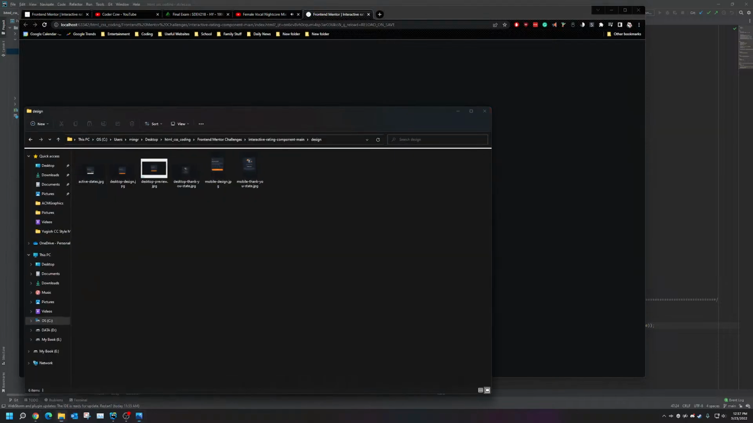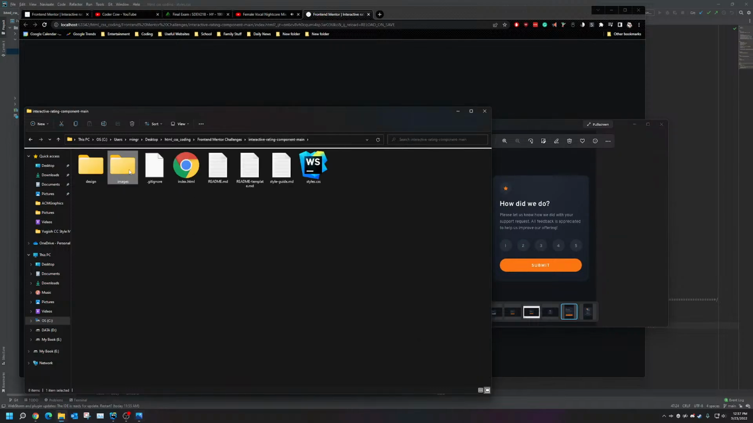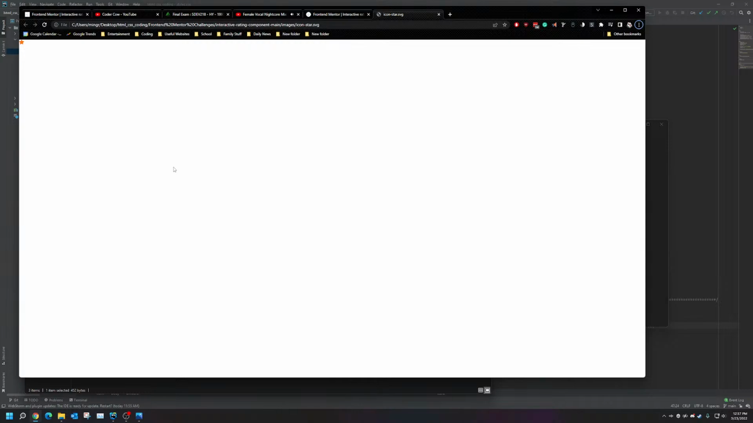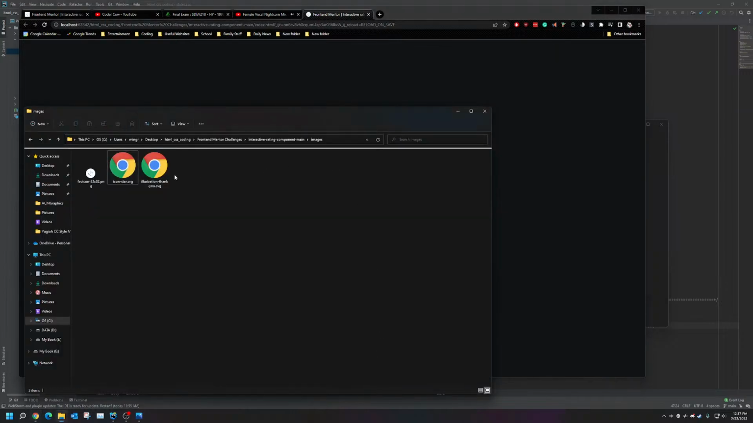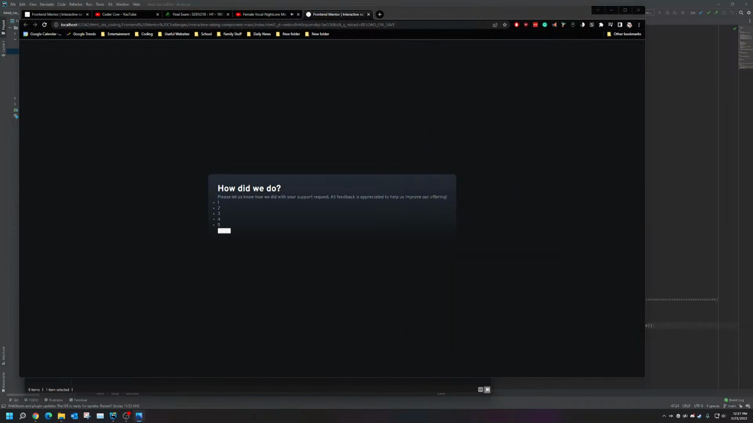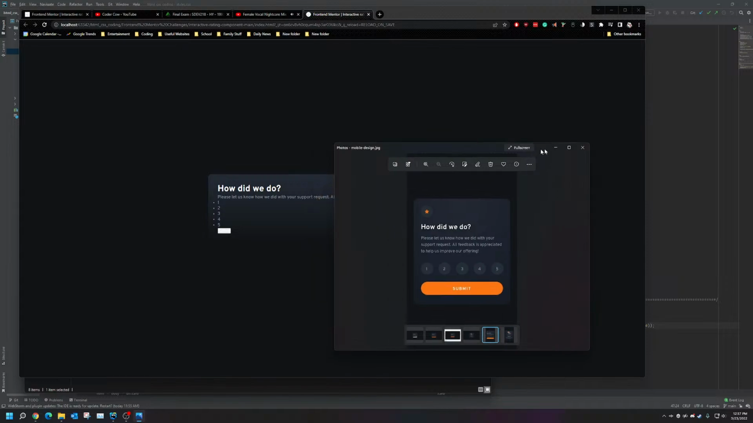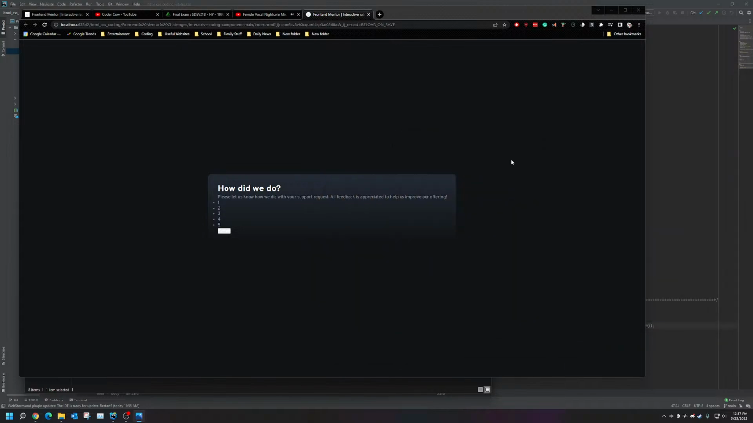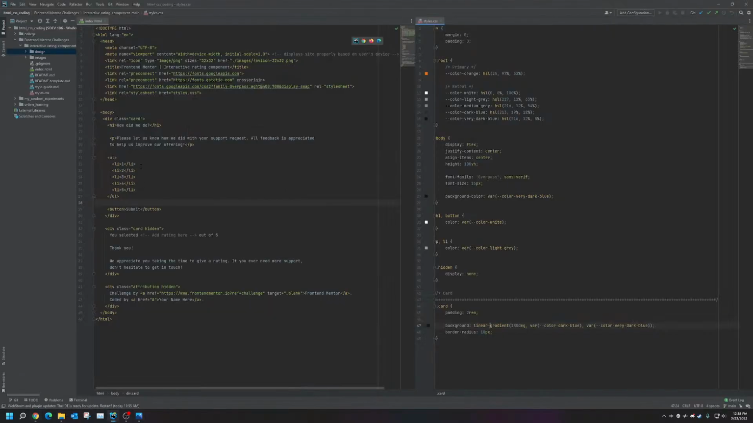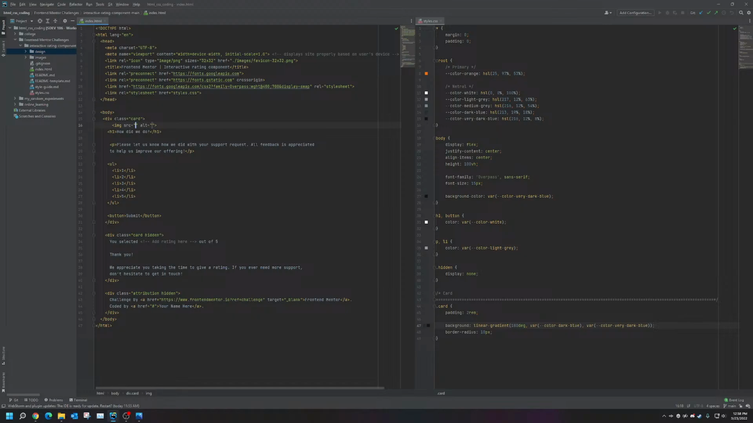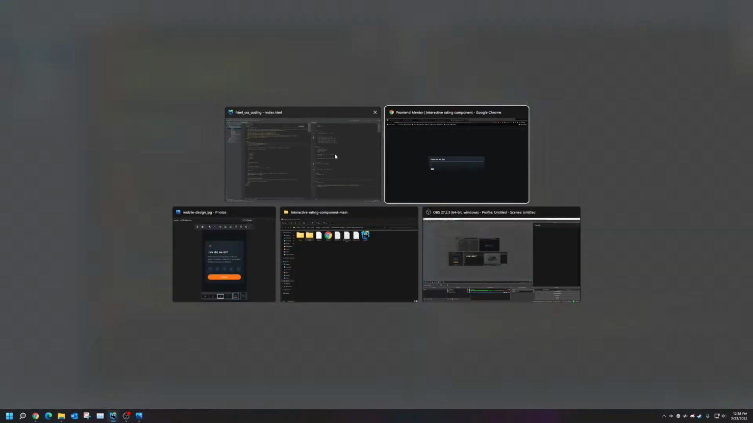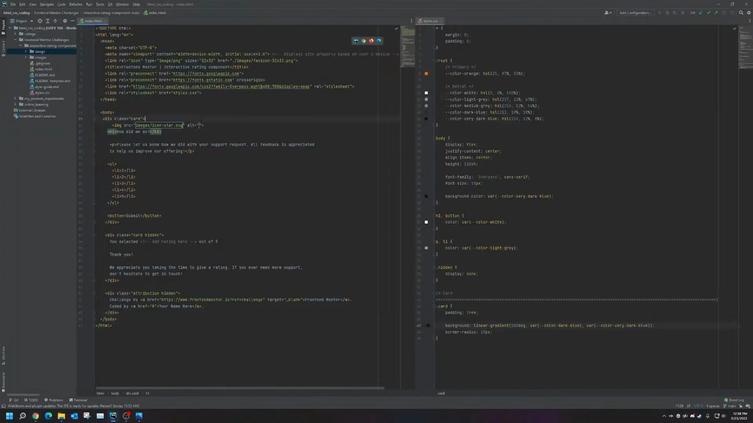Also, I need to find what this star is. Is it an image of some kind? Yes. Okay. But it seems like the star also has a background color as well. Okay. So I guess what we can do is also add an image, and we are going to select the star, and then